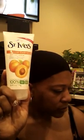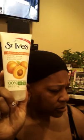Also, now these were given to me. I have not used them yet. They were in my whole closet thing. These are facial scrubs, right? I guess this is a facial scrub too. I'm not even sure. But I have not used these yet. I'm sure at some point I will use these. But I just haven't opened them because